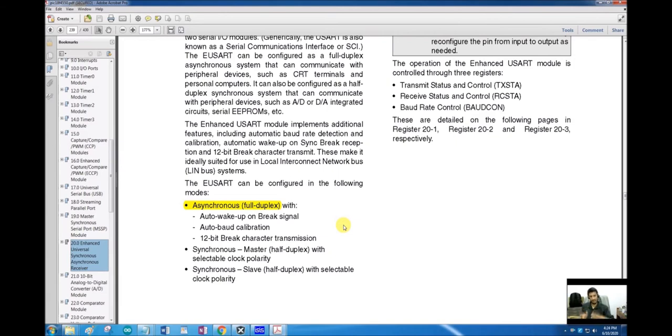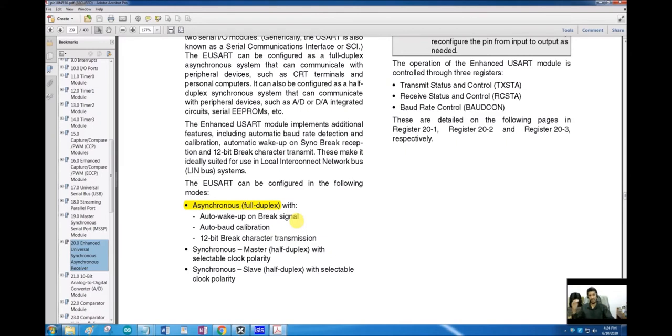They can send or receive. The slave can send data, the slave can receive data, the master can send data, the master can receive data. But initiation of anything will be done by the master only. But in case of asynchronous full duplex mode, initiation can be done by either of the two. So both of them will be acting as the masters, and we will have two lines connecting them, and we will send data by one pin and we will receive data by the other pin.